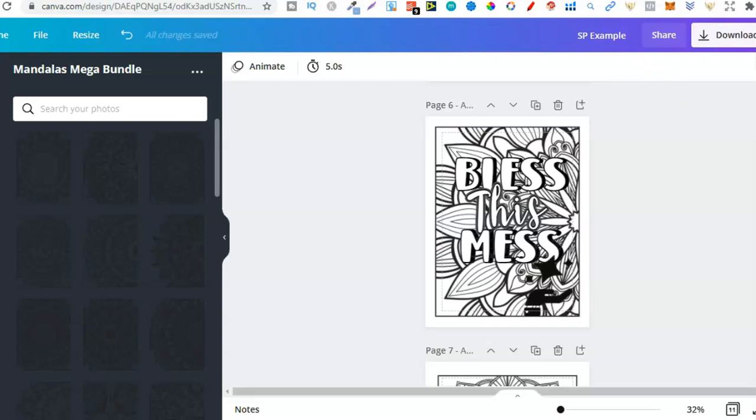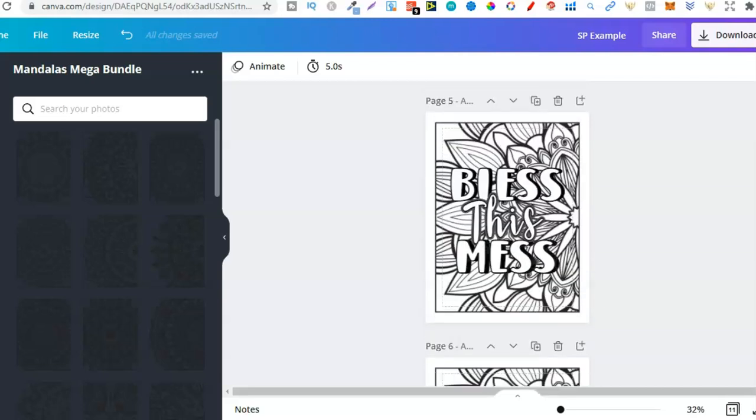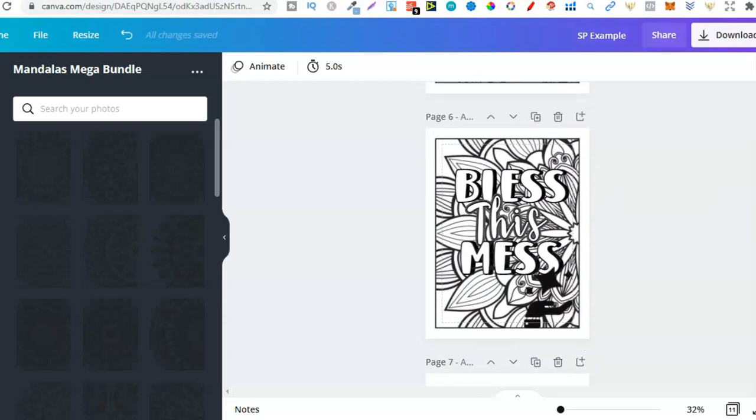Every colouring page that I create gets turned into a book. So I'd go through, I'd create this page, I'd create at least 30 pages, and then I'd download that as a book, and then I'd create the cover as well. So if I were to create these as just an individual colouring page, I'd go to here,